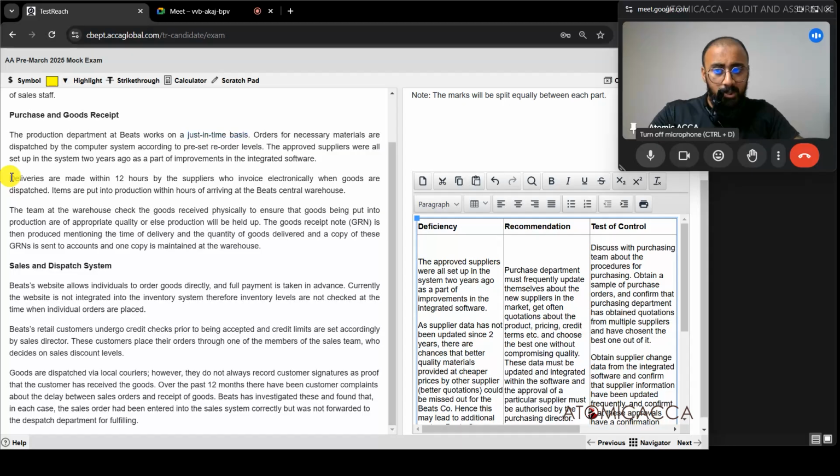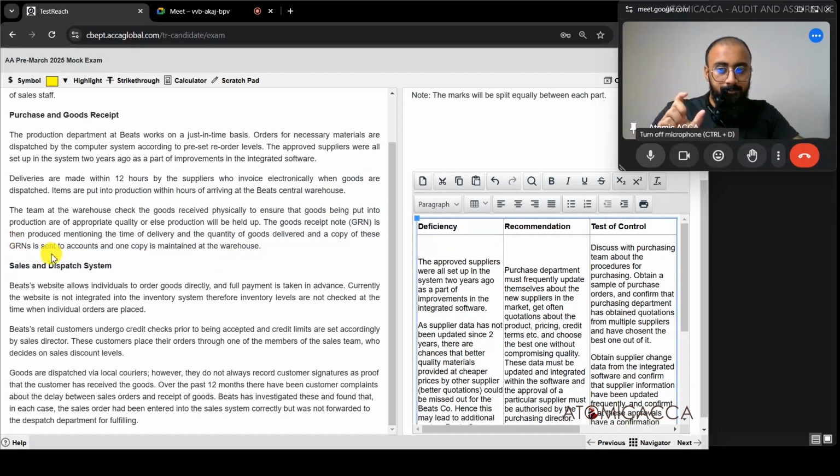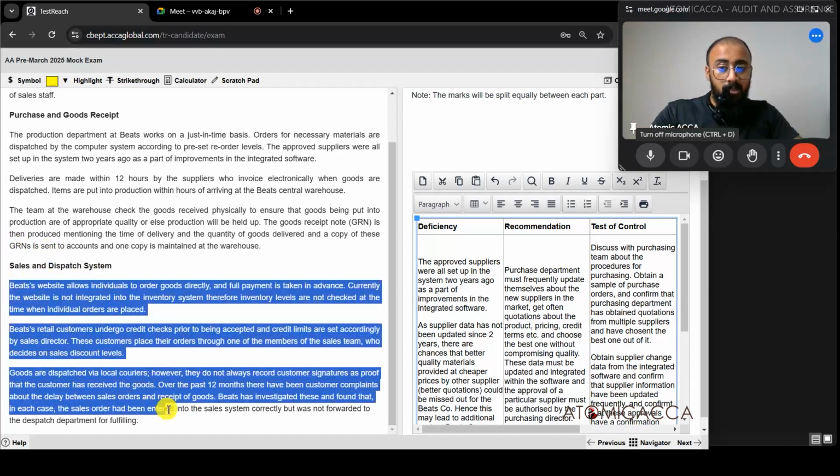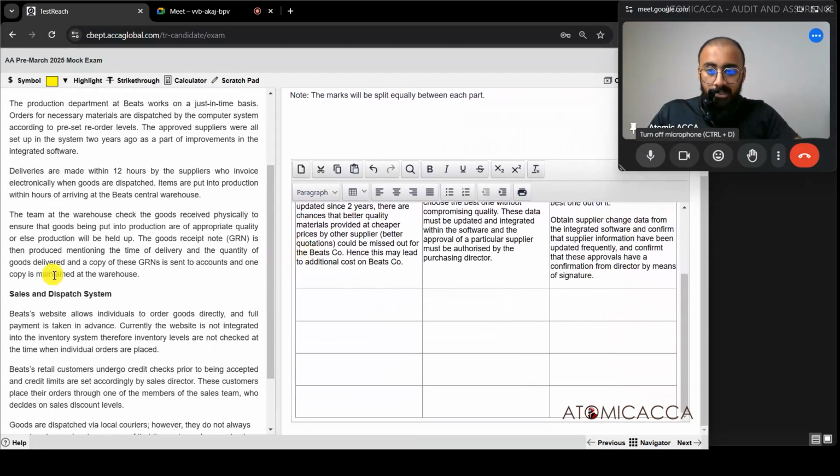There could be some issue within this as well, but for the time being we're not creating anything. Maybe once we read it again we'll find it out. But for the time being we'll take the second issue from this goods received note not being sent to the purchasing department. We'll create a problem over there. Then try finding the remaining three from these paragraphs over here with sales and dispatch system. So let's start. Second issue,